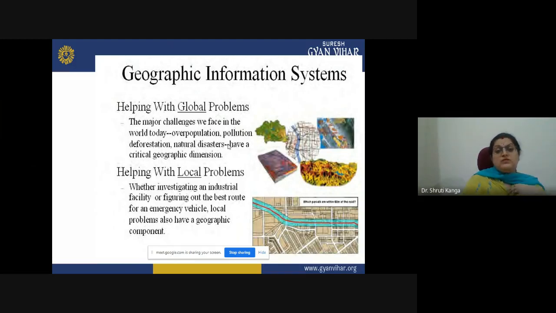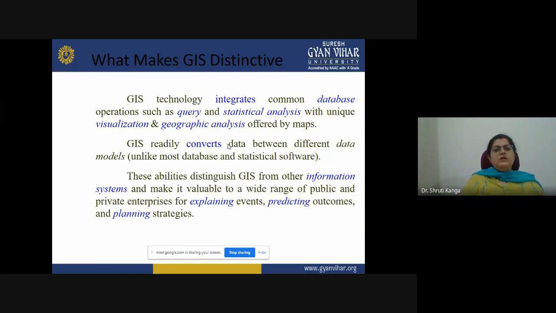It helps us with local problems also, whether investigating an individual facility or figuring out the best route in case of emergency or something. So we can go for different kinds of analysis which we have studied in our earlier studies also.